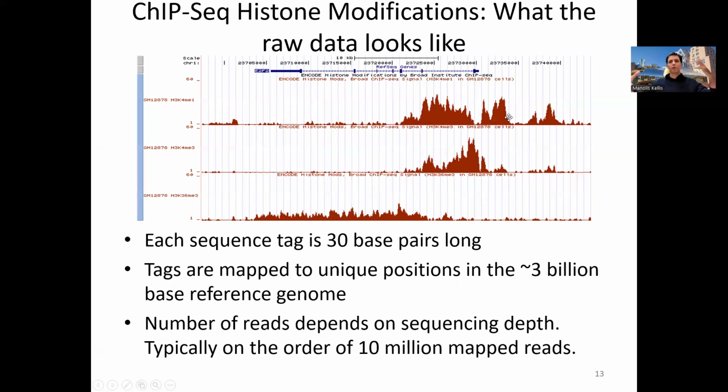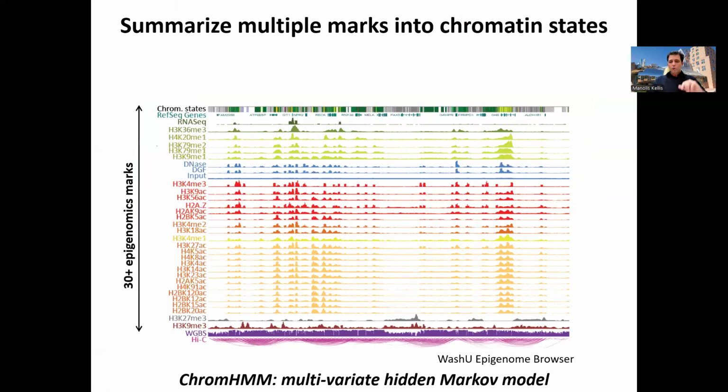So again, always think about the informational and the biophysical side by side. Okay? So this is for 3 marks. You can do this for dozens of marks. You can basically have DNA accessibility. You can have various promoter-associated marks, various enhancer-associated marks, active enhancers, repressed, Polycomb repressed regions, K27 trimethyl, heterochromatin, DNA methylation,